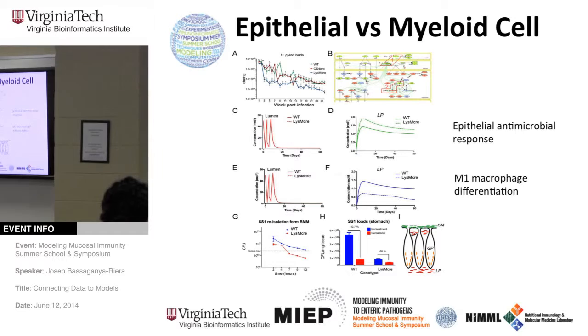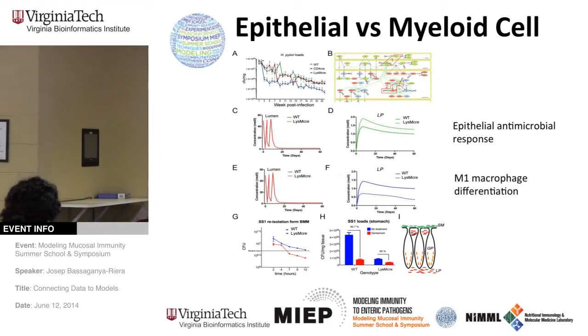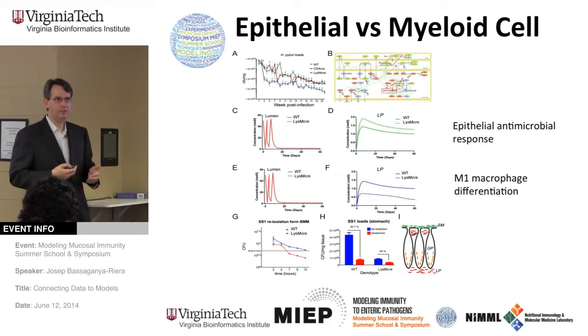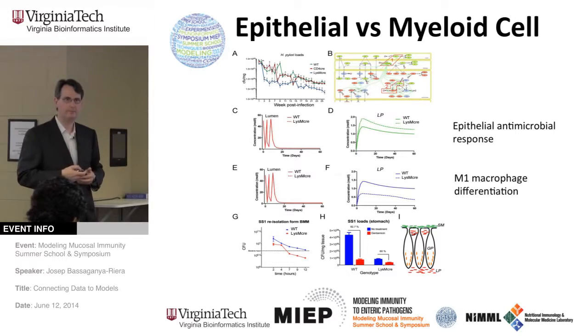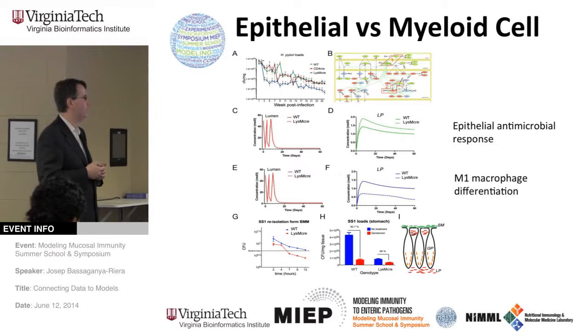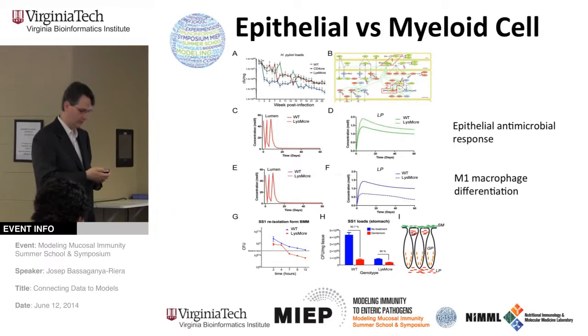So the epithelial compartment would be the top and is marked as 1 in subpanel B, and the myeloid-related mechanism is in the lamina propria and is marked as 2. If you look at the results of the simulation, if we infect with H. pylori wild type or myeloid-specific PPAR gamma null mice, we see that there's actually more H. pylori. So that's different than the previous prediction. But if we infect and look at the M1 macrophage differentiation, we see that H. pylori has a pattern similar to what we had observed in the whole model.